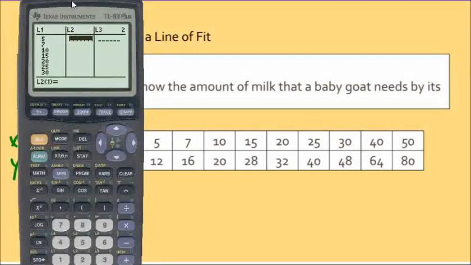Then we go to L2 and we put our milk amounts in there. So that would be 12, Enter, 16, Enter. So always hit Enter after every number. 28, 32, 40, 48, 64, and then 80. Once we have that,